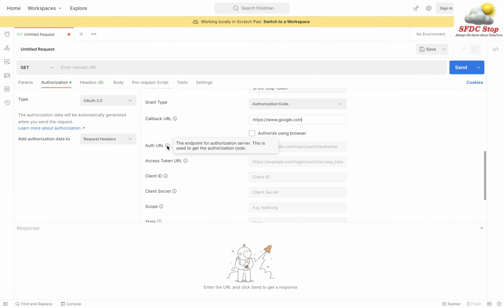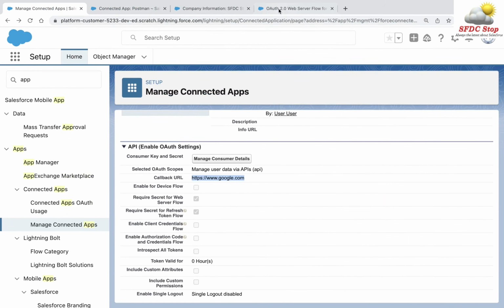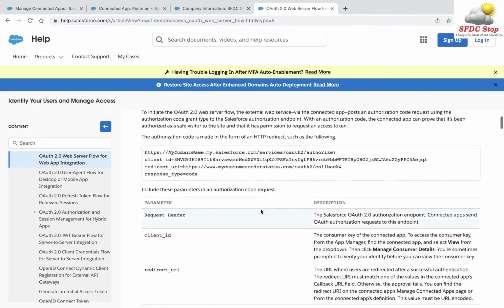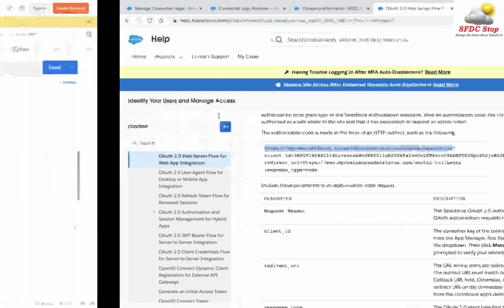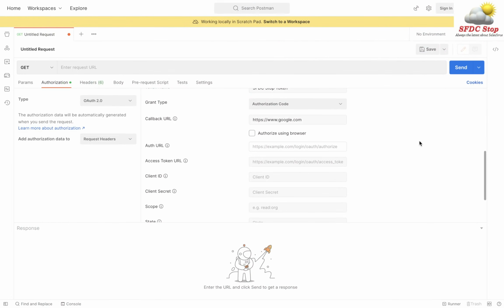Now we need to specify the authorization URL. For Salesforce, the authorization URL is going to be this one. So it is my domain name .my.salesforce.com/services/oauth2/authorize. Okay, I'm just going to copy this and paste it right here. In this URL, you need to replace this base URL, or I can say the base endpoint, with the base endpoint of your org. So you can simply remove this